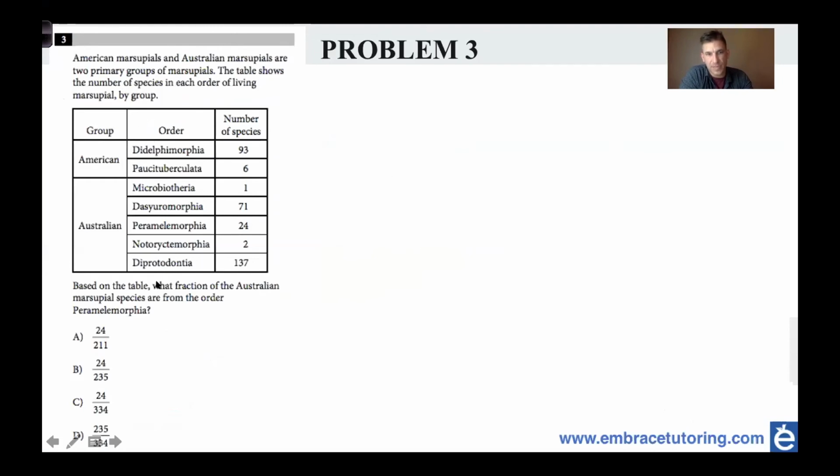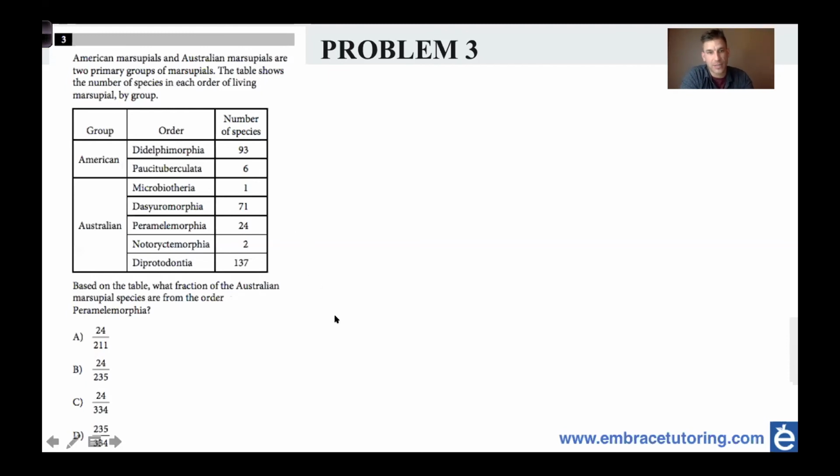I go down, it says based on the table, what fraction of the Australian marsupials are of the order of Paramelomorphia. Now, same applies when you have probability problems, proportion problems, ratio problems, in this case, fraction problems, right? They all go the same idea when you're trying to solve with a large table. But what you want to do first is start with the denominator,